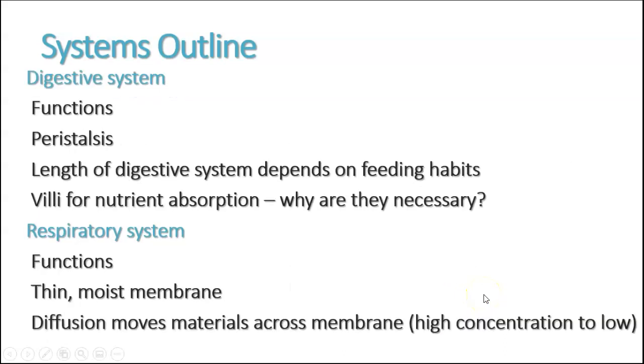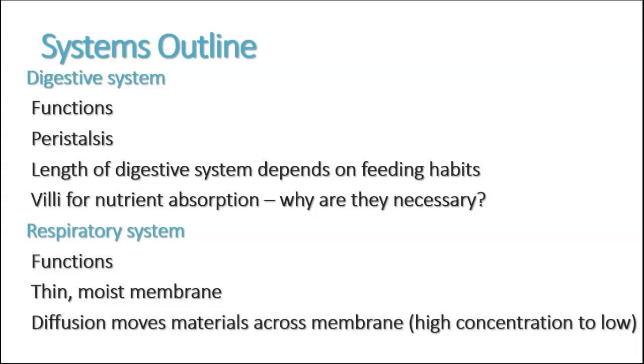The digestive system, again, functions to digest and distribute the nutrients that are found in food. Peristalsis is the muscular motion that moves food through the system. There are 2 sets of muscles. There's lengthwise muscles and circular muscles in the intestines that basically work together to move food sequentially down the length of your digestive system. Also, remember that the length of the digestive system depends on your feeding habits, and so if you're a